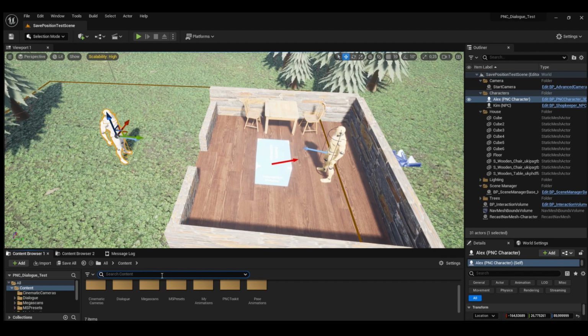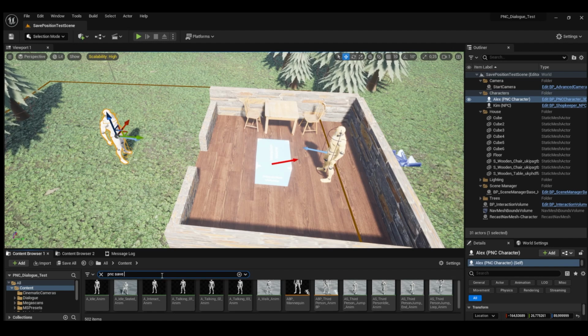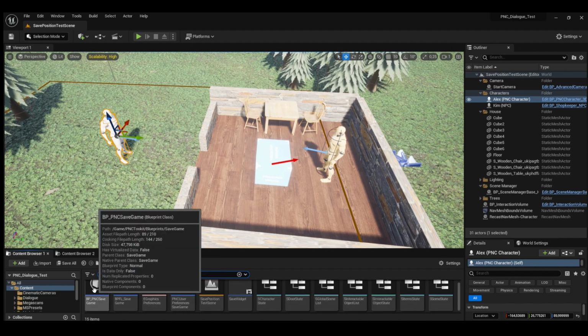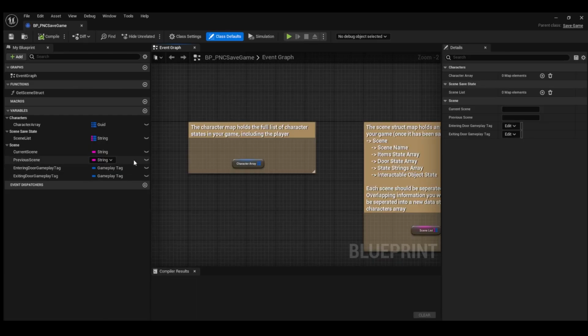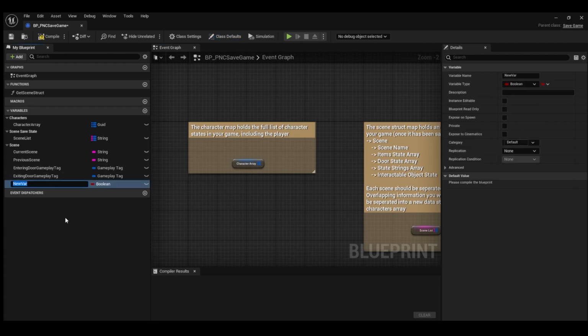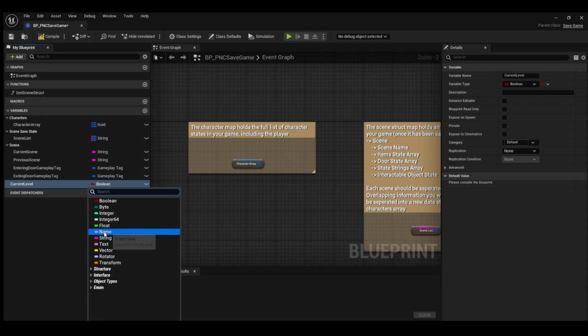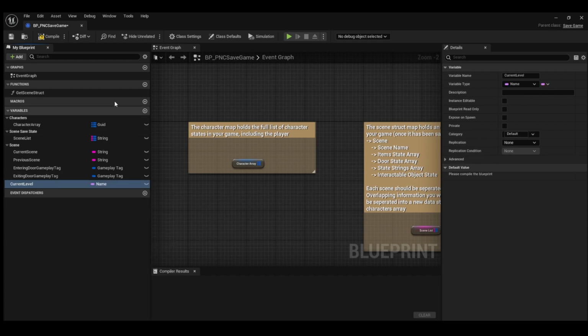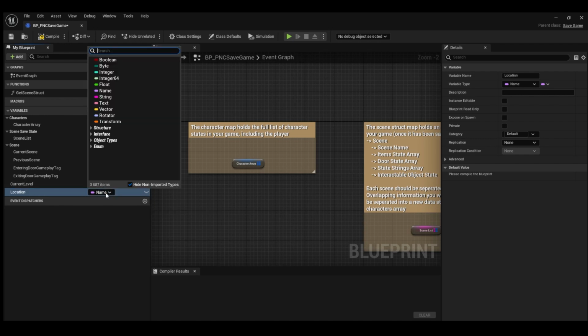So let's search for PNC save game. BP PNC save game, and enter that one. And in here we are going to make some variables which we will use for our current player position later. So add a plus here, and this first one will be for our level. So we will name this one current level, and this one we will change to name, and another one and call it location, and obviously this will be for our player location in the scene,